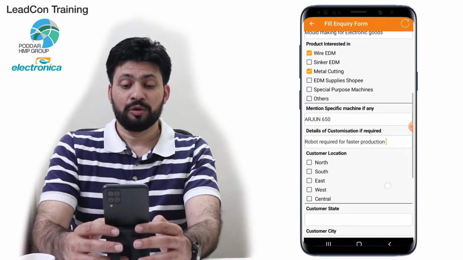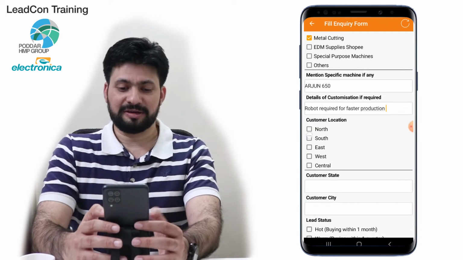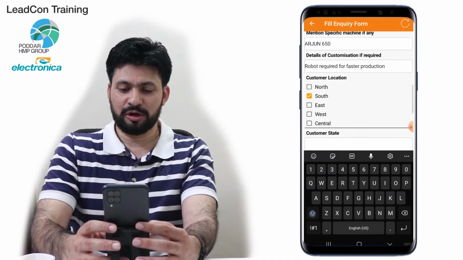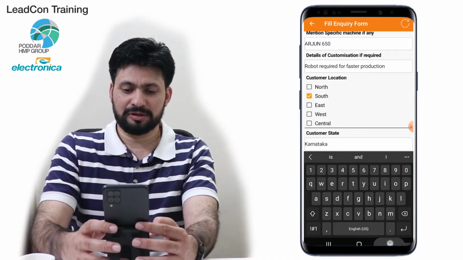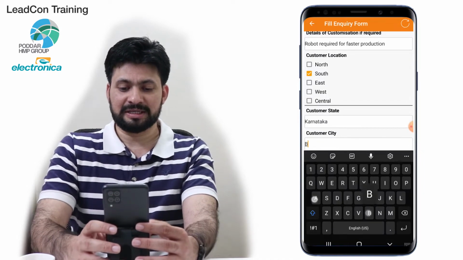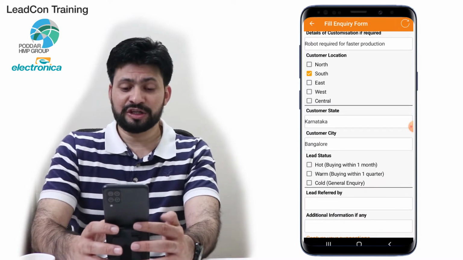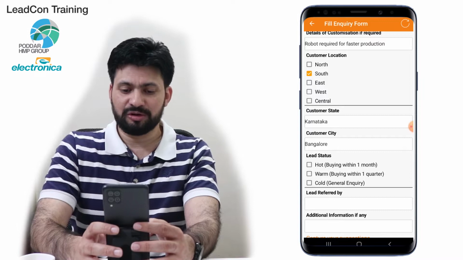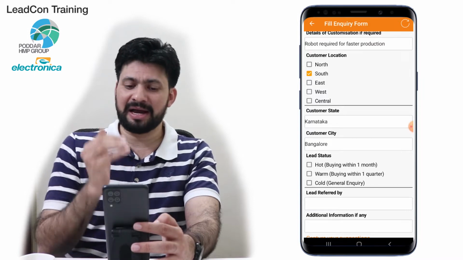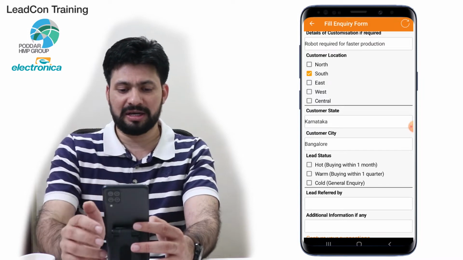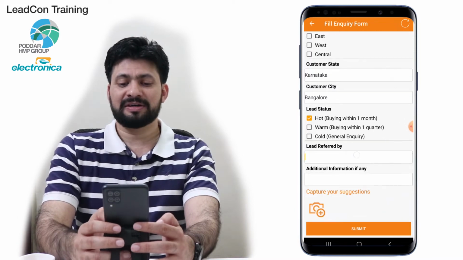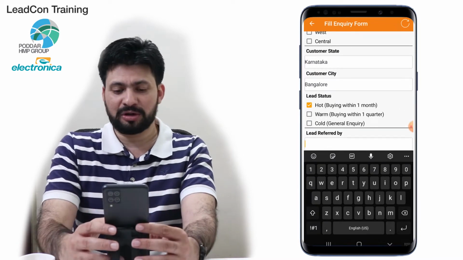Which customer location it is, I say for example South. The customer belongs to Karnataka, for that matter. His city is Bangalore, so I can add that. We have also given a facility of adding the lead status, in terms of whether it's an immediate buying, warm or cold inquiry. I can choose one. If it is a lead referred by someone, you can also add that.